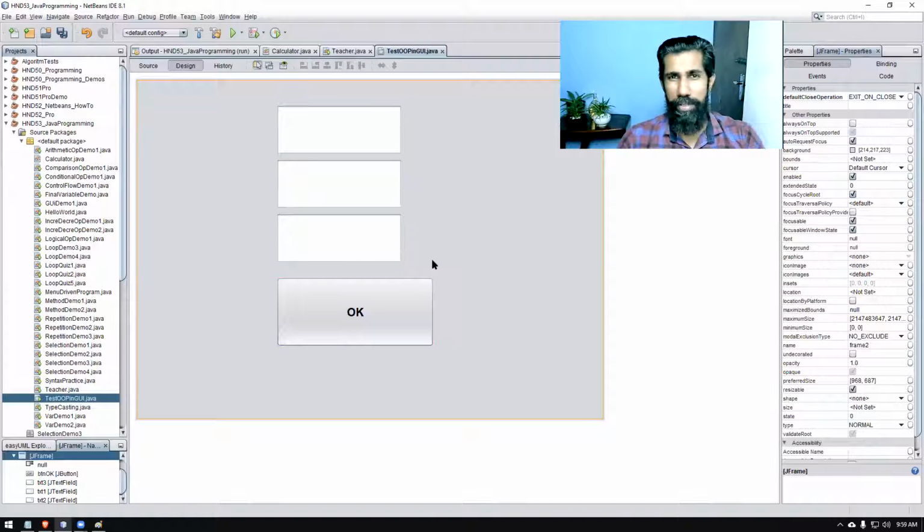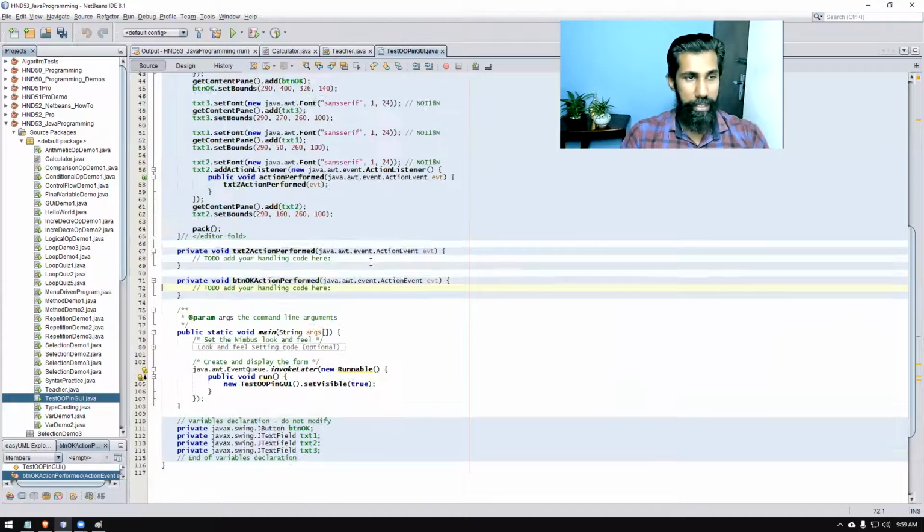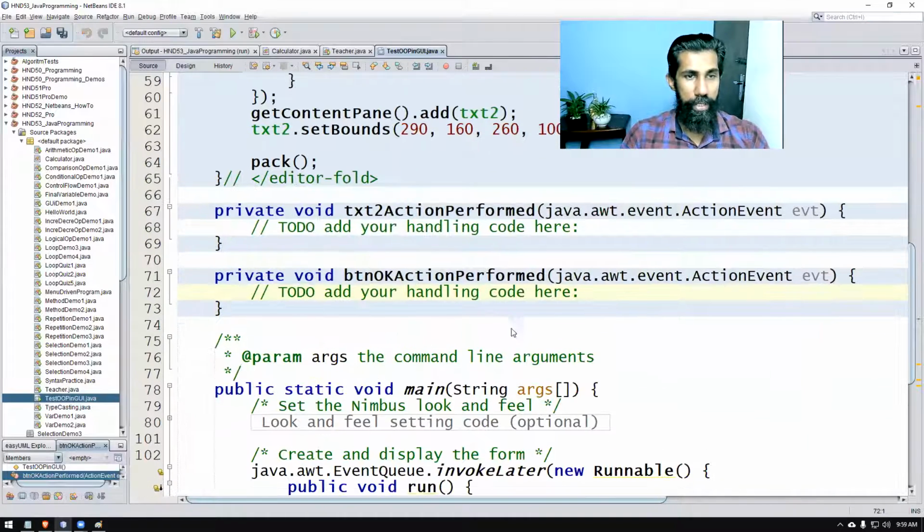I'm not going to do any labels here. So I'm going to put two numbers, click the button, use the calculator class, do the calculation, and display the answer here. So double clicking that, right? So I'm here. Watch this.